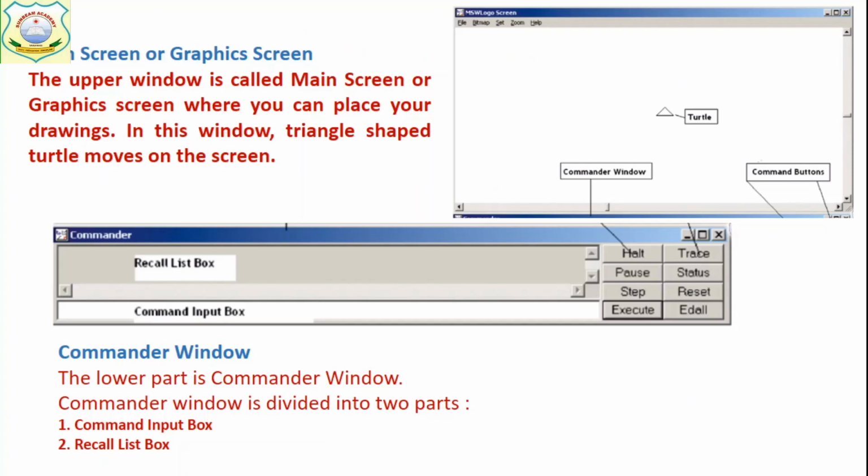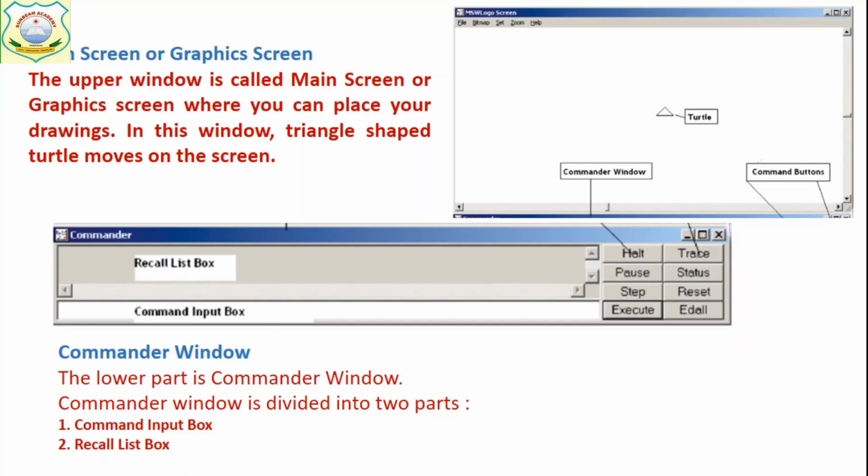Now see, main screen is the place where we can see our drawing, means where we can see the output of our commands. How is the drawing made? When we write a command, the main screen is the place where we can see the output of our command. Okay, now the lower portion is the commander window and commander window is further divided into two parts. Which part? First is recall list box and second is command input box.